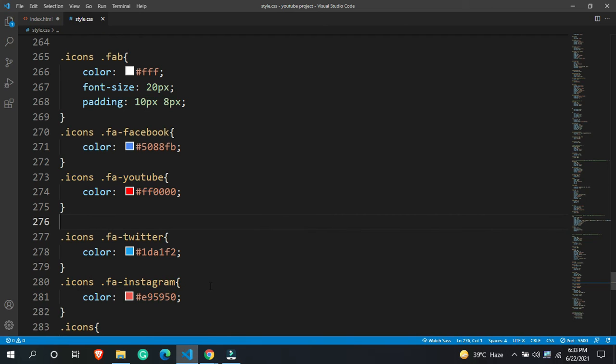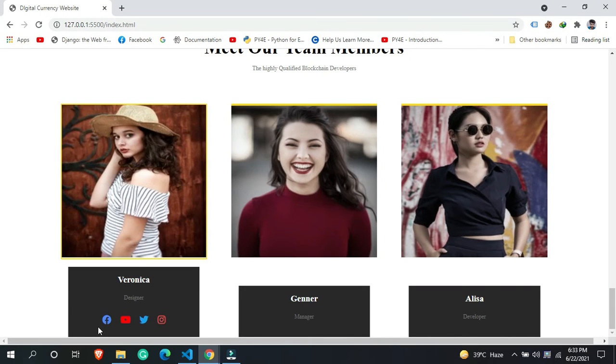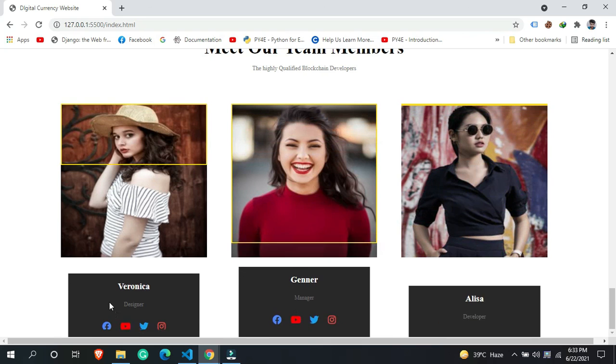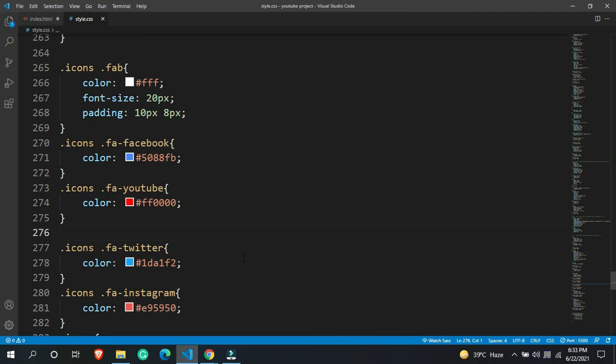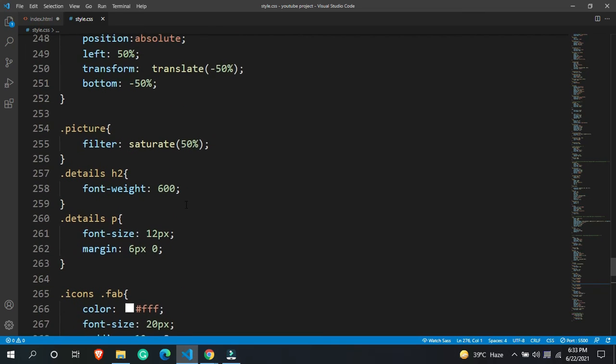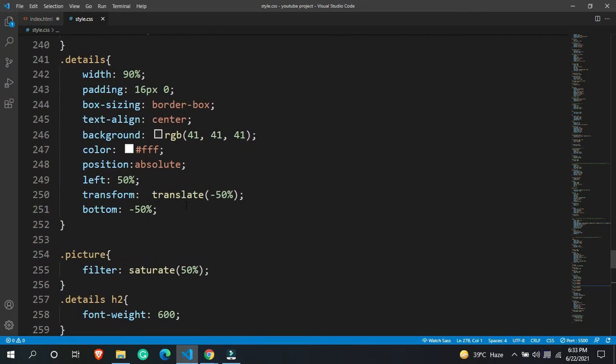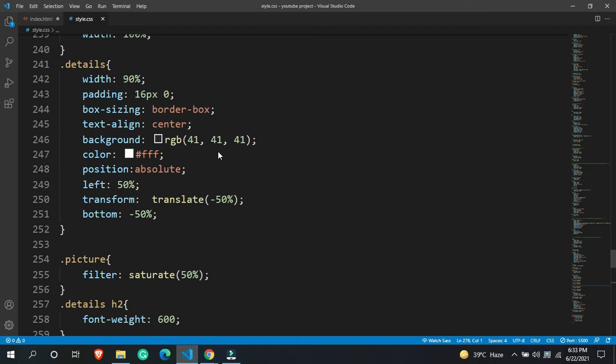This is the Instagram color we are getting. So we are getting all of these colors over here, and we are getting them very beautifully. We have completely targeted this, and we are happy to have all of these things over here.